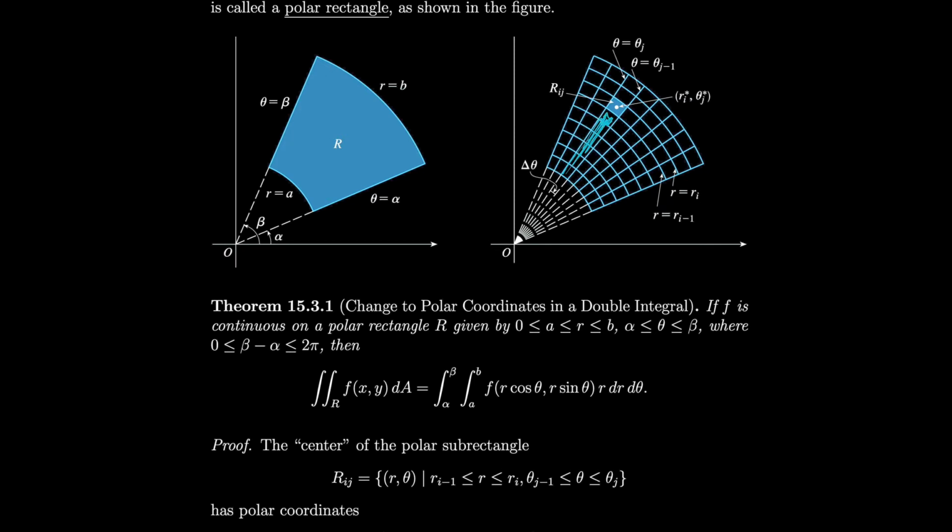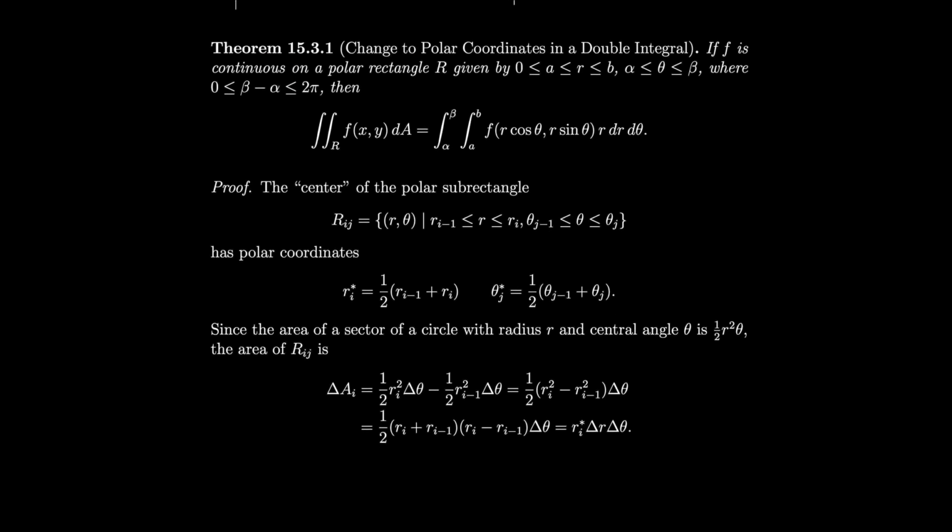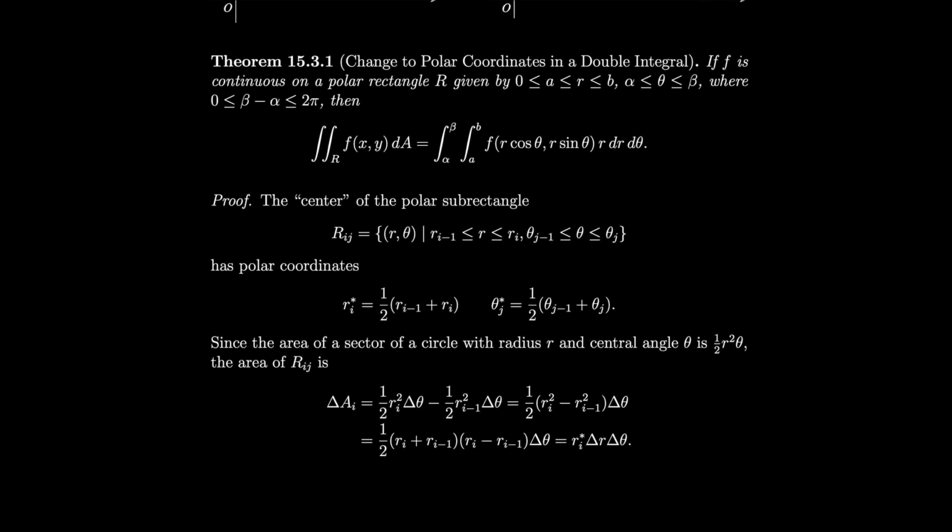Oh, I can't even erase that anymore. Oh well. So that means that this over here, this width, is the delta theta. You can see it over here maybe also, tiny change in theta. Okay, so then notice we have